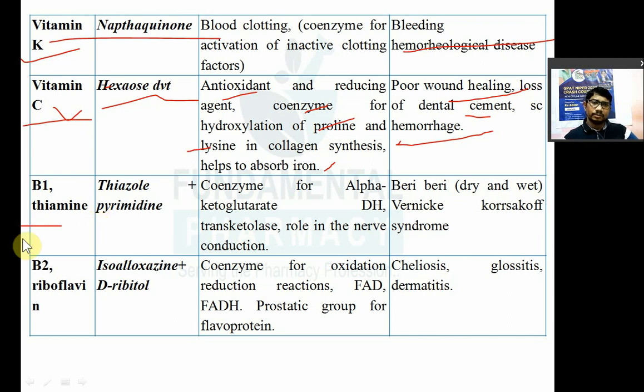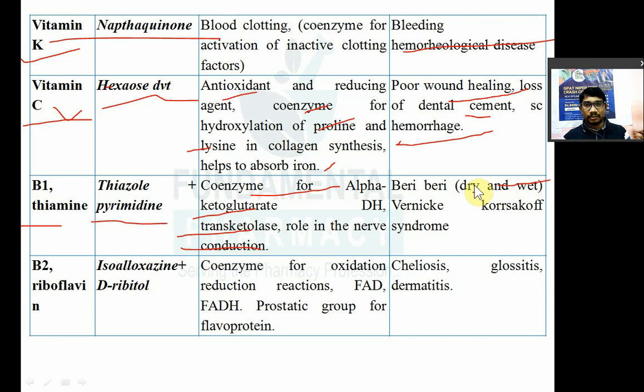Vitamin B1, anti-beriberi vitamin, thiamine. Structure: it has a thiazole plus pyrimidine ring. Biochemical role: it acts as a coenzyme for different reactions in carbohydrate metabolism, for example coenzyme for alpha ketoglutarate dehydrogenase in the Krebs cycle, and transketolase. It also has an important role in nerve conduction, so deficiency of this vitamin B1 causes